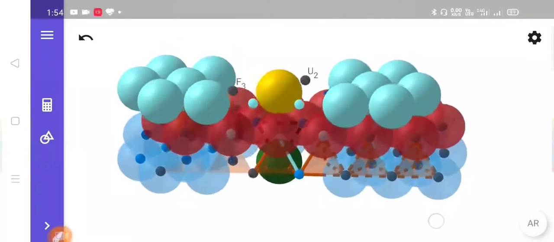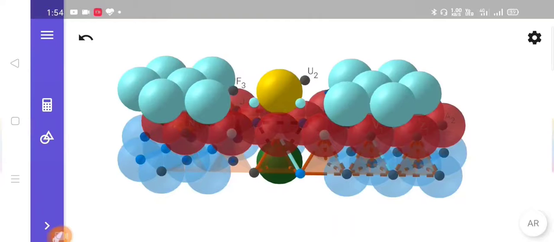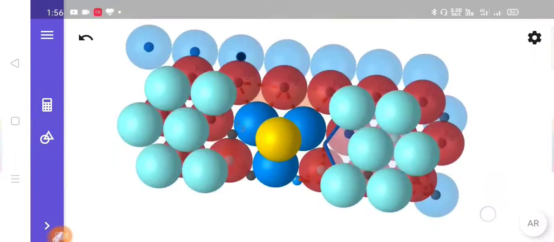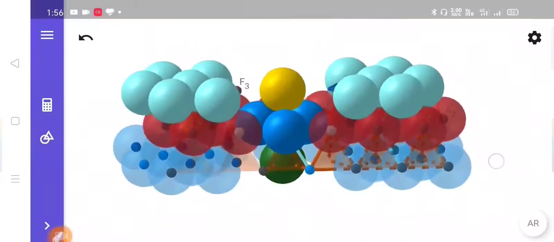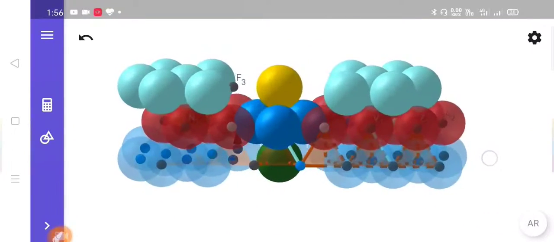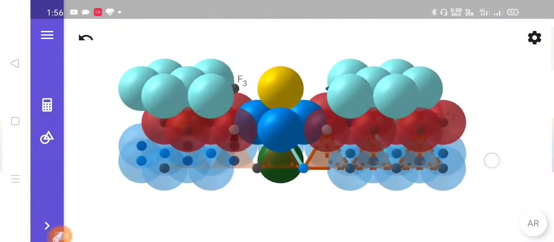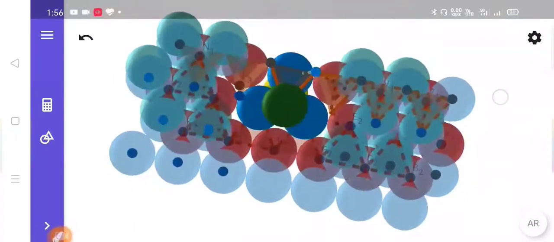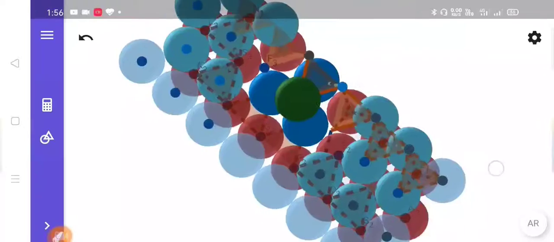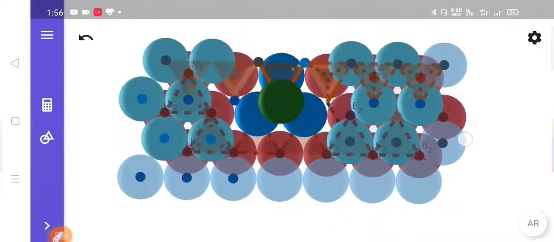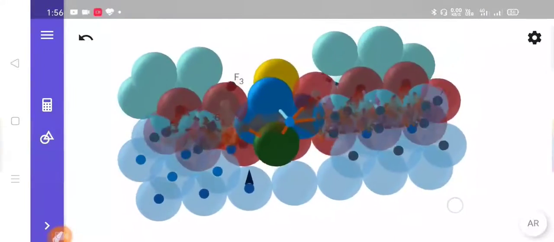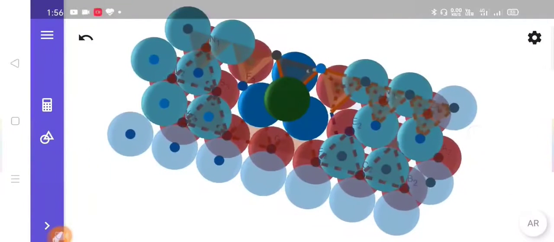So these five spheres: one from the bottom, one from the top, and three from the center. As you can see, we gave different colors to identify these five spheres. As you can see from the top side, three blue spheres and one yellow sphere create a tetrahedral void, and this tetrahedral void was open from the bottom, and now this bottom green sphere is covering the open end of that tetrahedral void. So this is the covering of the tetrahedral void.